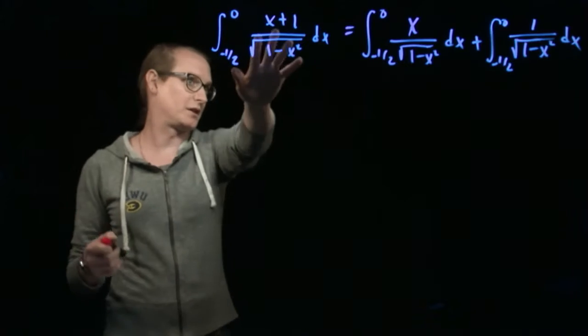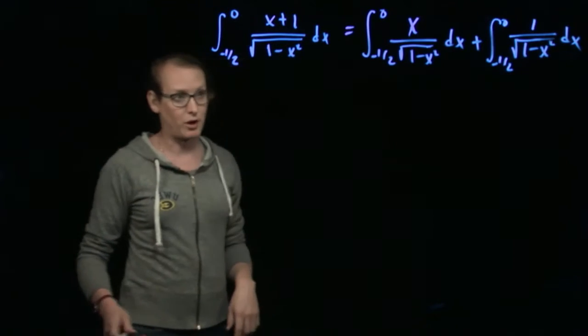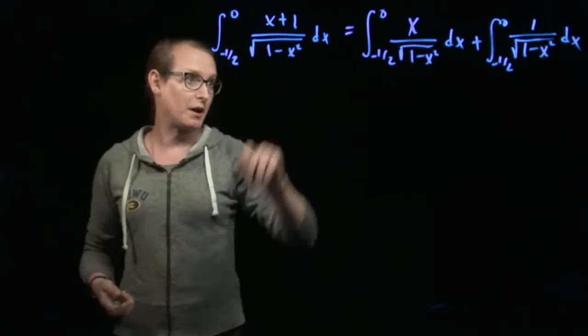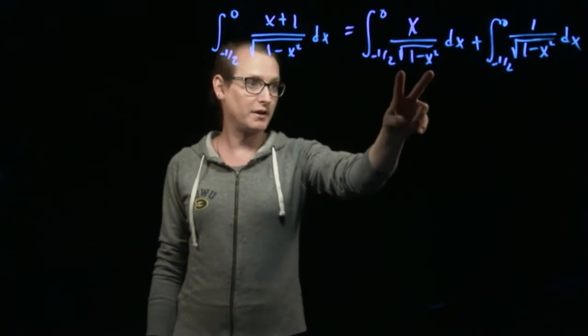So all I did was use the additive property of the integral as an operator to split that up into these two things. And now I think I'm going to be cooking,